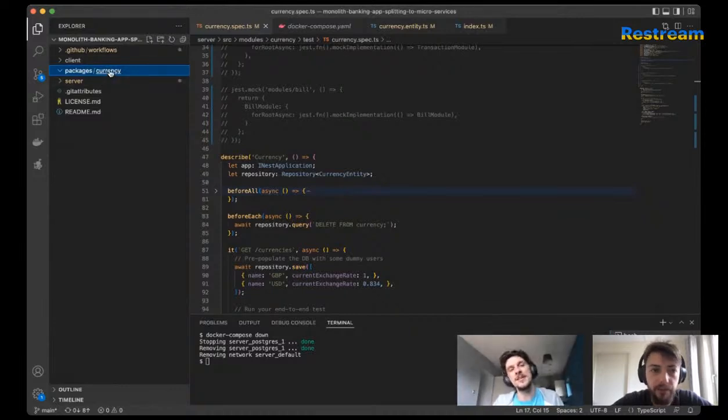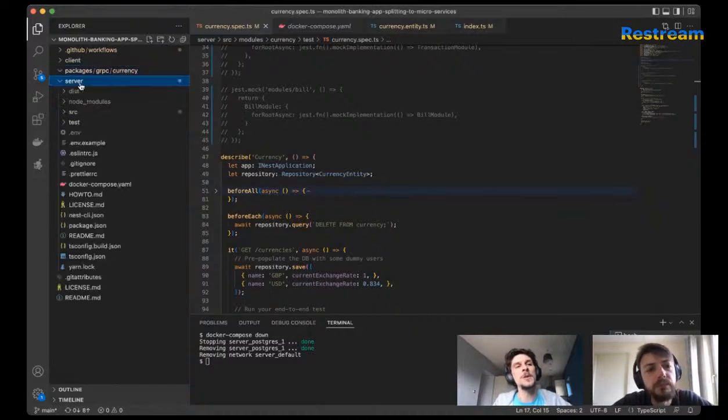So here we will have a service. Let's call it currency, that's fine. Yeah, I like it. Currency name gRPC, and then I create another folder called currency, just to understand that the service will be a gRPC one. So we have a gRPC service called currency, and then what we're going to do in this monolith stuff.